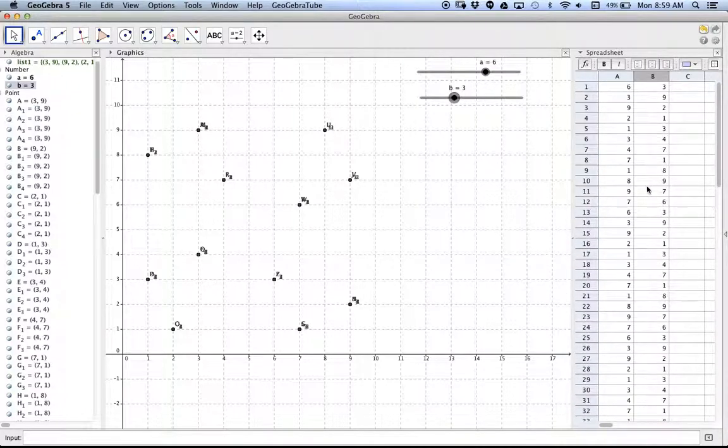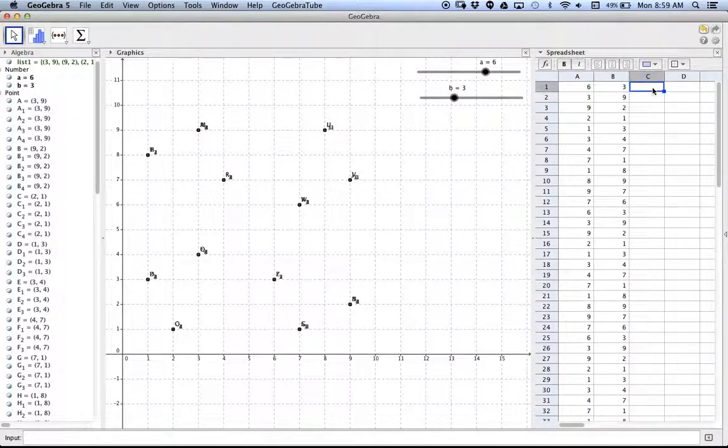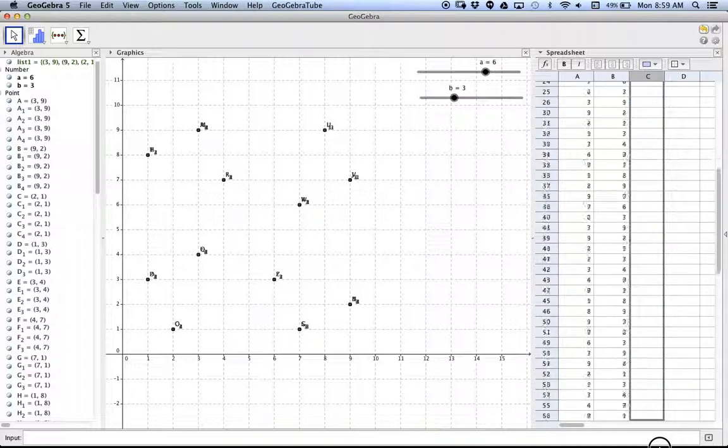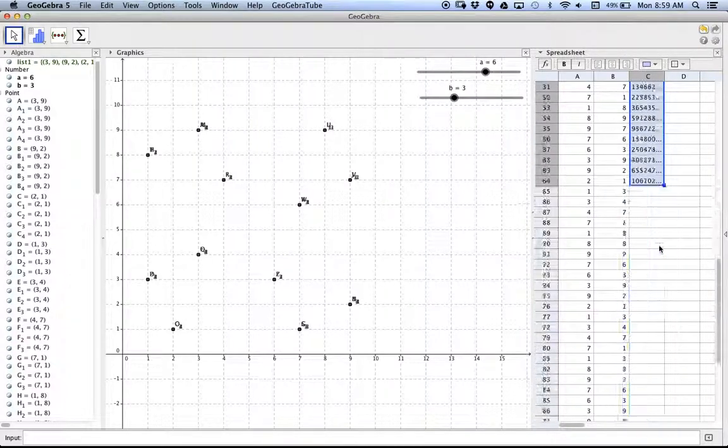And so I decided to phone a friend, and the friend I decided to phone was my friend Fibonacci. So in this line, I decided to define the Fibonacci sequence, so I gave my seeds of 1, 1, and then the next line is going to be equal to C1 plus C2, and then I can just extend this down all the way to... I didn't really care about the rest of it, I just wanted to see what was happening at 61 and 62,